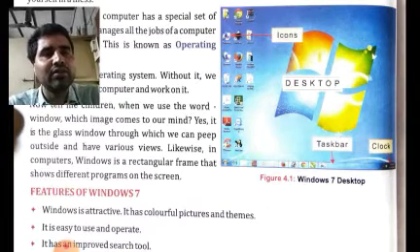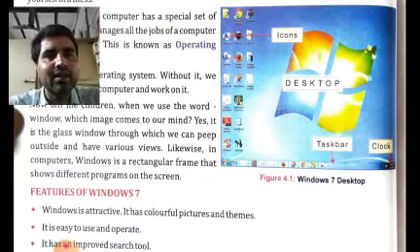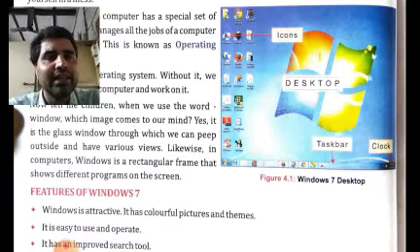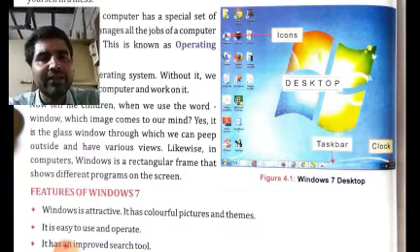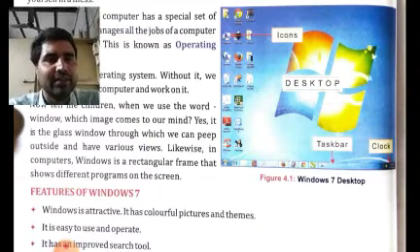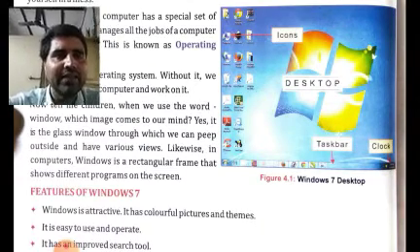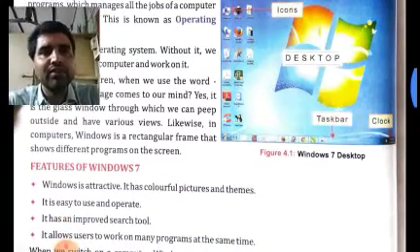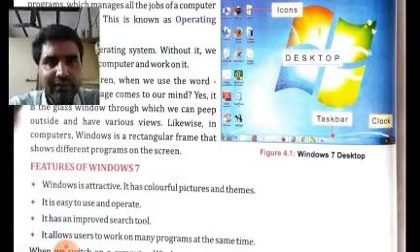A lot of colors are used in this desktop. The background image is very attractive. Similarly, the icons are also looking very attractive. So Windows is very attractive. It has colorful pictures and themes and icons also. This is the one feature of Windows. Then